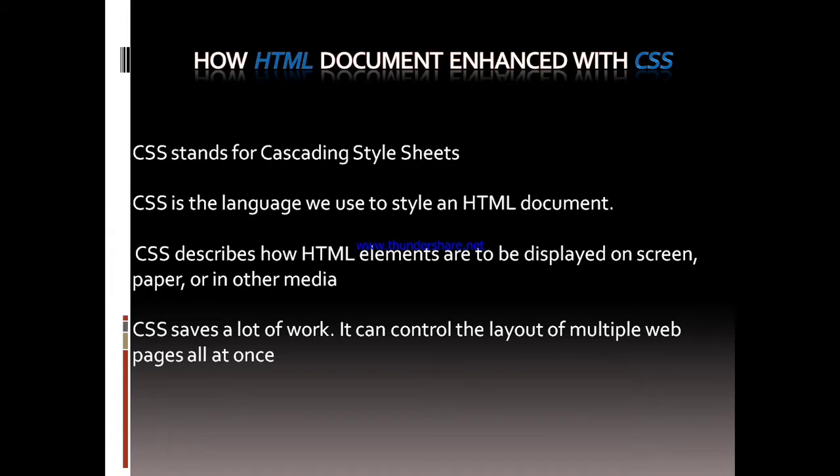CSS is the language we use to style an HTML document. It uses special characters like curly braces, colons, commas, double quotes. By using these special characters, we can create our own style sheets to include in our HTML document.